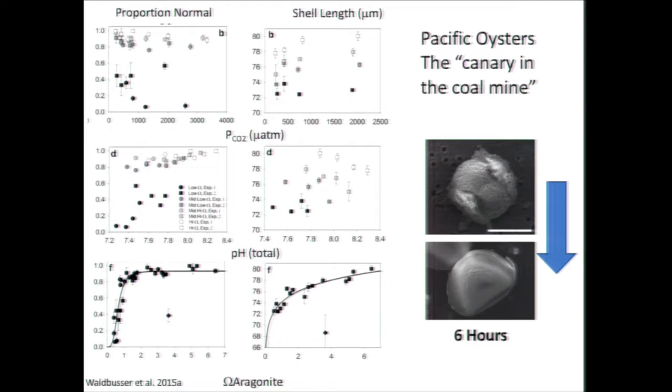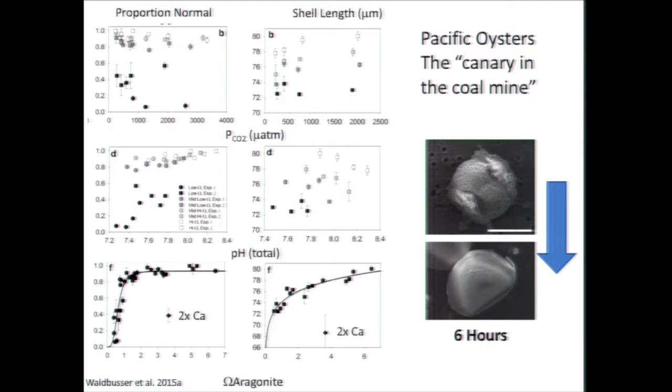And this is the shell length of the normal larvae, and basically no pattern there. And interestingly, you see almost a negative effect of the pH. And actually what this comes back to is that to create these conditions, we have to lower the DIC content. So here's actually an indication that the DIC might be important for some of the shell length, but not development.